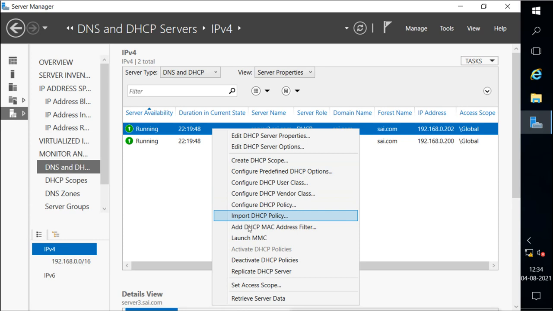We can use the DHCP MAC address filtering also, and we can directly launch the MMC, so that we can configure it directly from the management console. We can deactivate the policies, replicate the servers, and also retrieve the data. We want to create the scope, so I will select create the scope here,